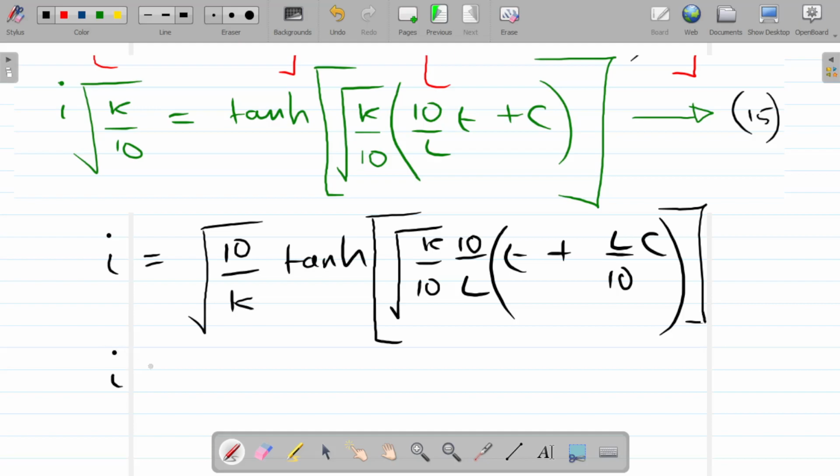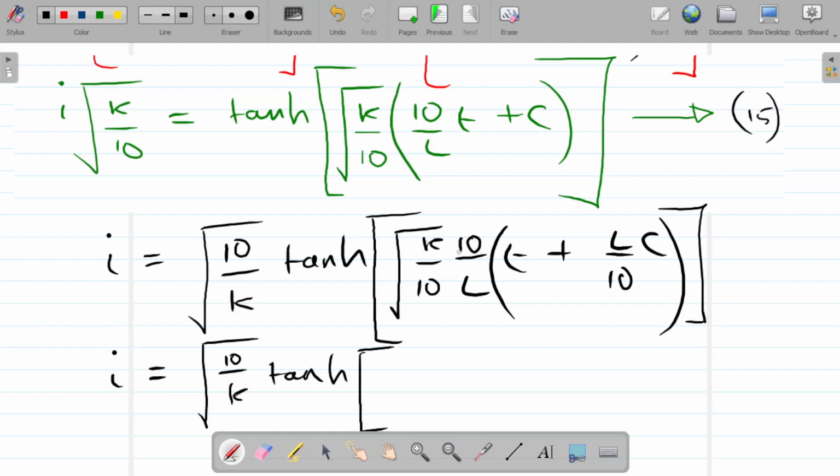So we've got I equals the square root of, it's a bit of a squiffy square root sign. So I is equal to the square root of 10 over k tanh of